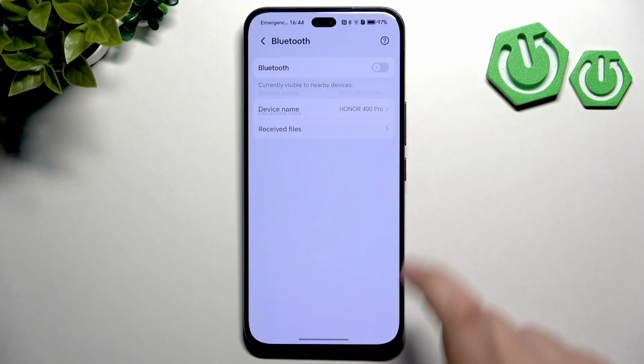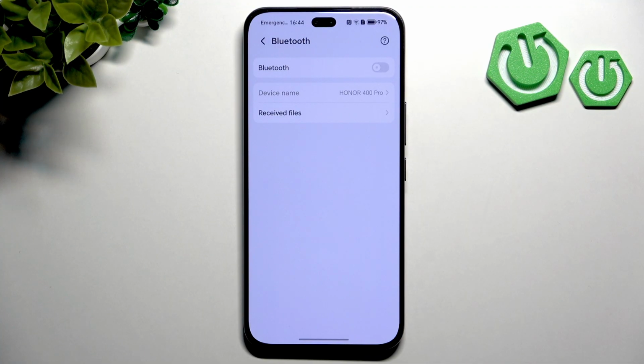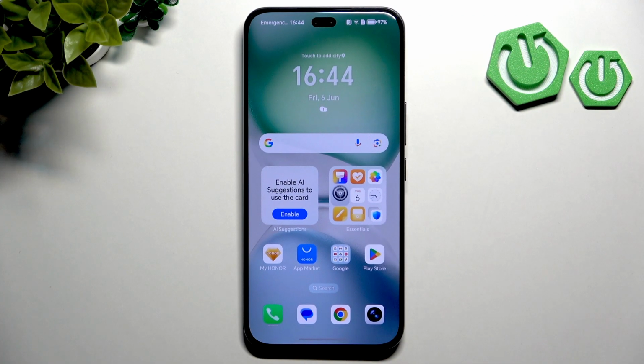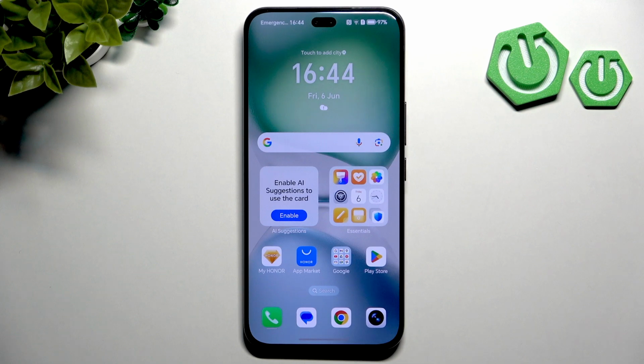So now disable the Bluetooth or disconnect devices. It doesn't matter, make sure that there's no device in the Bluetooth connected to the phone. For me, I disabled it, but you guys can simply either unpair or disconnect the device. Now if you use the USB-C adapter, then unplug any wired headphones from it,